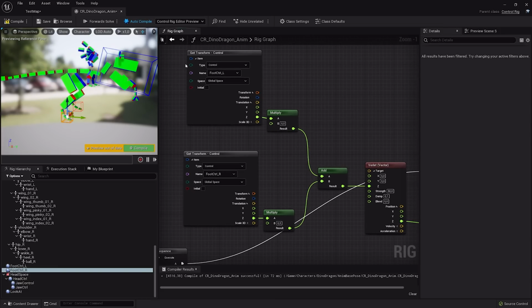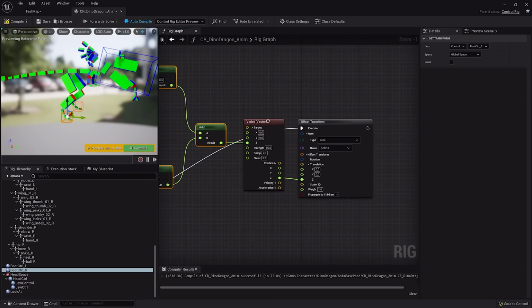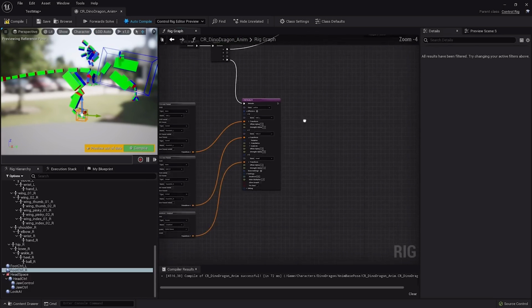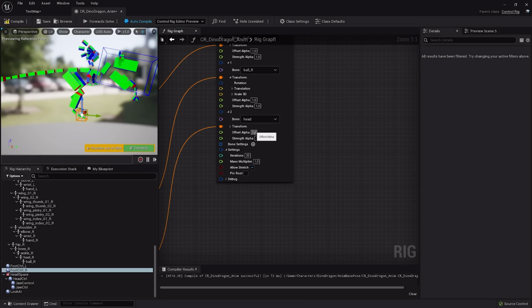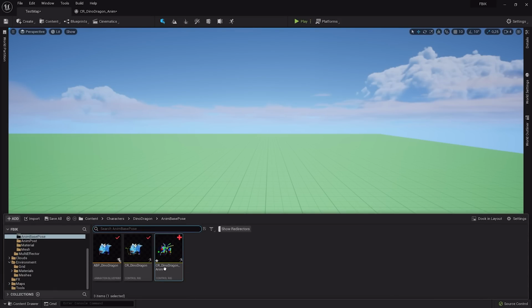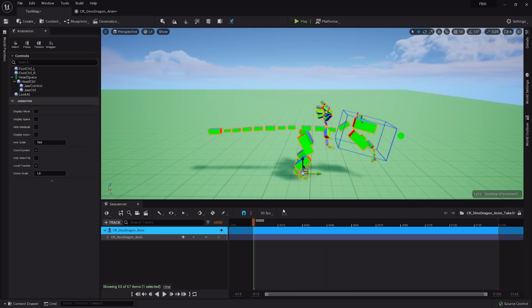So basically we take the Z component of both controls, multiply, add them up, and use a Verlet simulation with some settings. Now the pelvis is offset and is following along. When we now offset his head a little bit, then we get a pretty nice result and a dynamic movement. So now he would be ready to be animated in engine. I could use this control rig now, just drop it in a level and begin to animate.